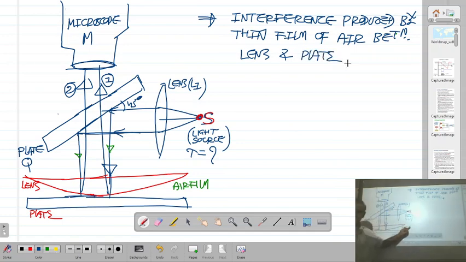There is a thin film of air between lens and plate. One ray is reflected from the upper surface of the air film and the second ray is reflected from the lower surface of the air film, that we all discussed in the theory. So the interference produced by the thin film of air will give